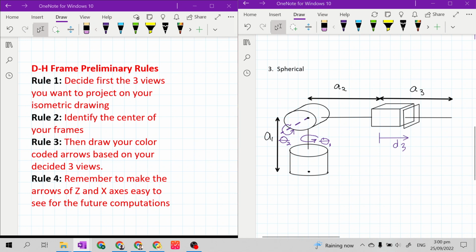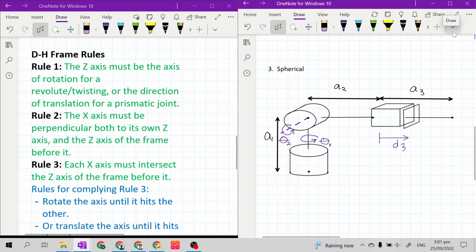And lastly for A3, or sorry, for the center of the next frame, it is at the back of the third joint. Then for the end effector, just put it at the last part of the manipulator. Okay,